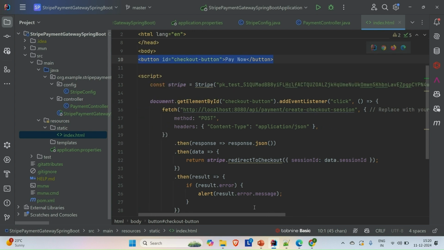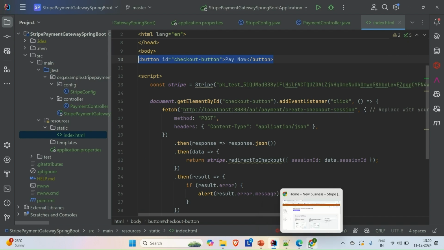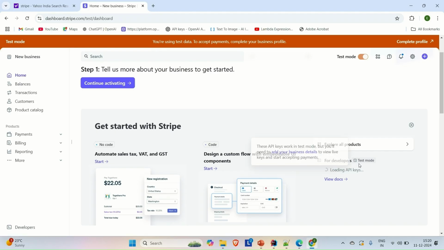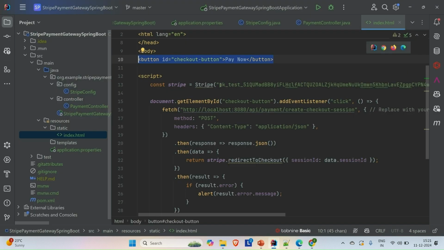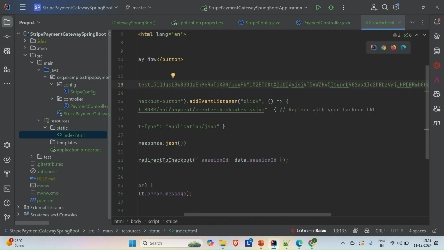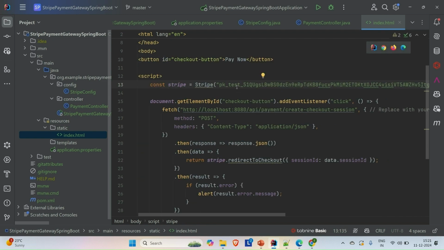So let me try to change this to the one that we are going to use. So just go to this, copy this, and then let me remove this one, paste it, and we are good. So you have to provide the Stripe public key here,